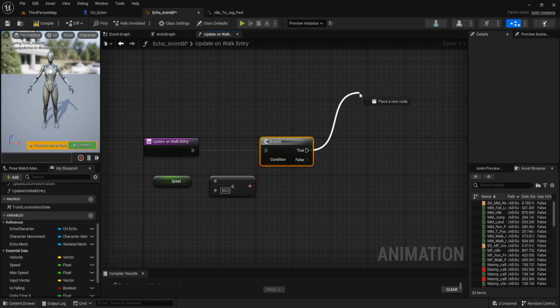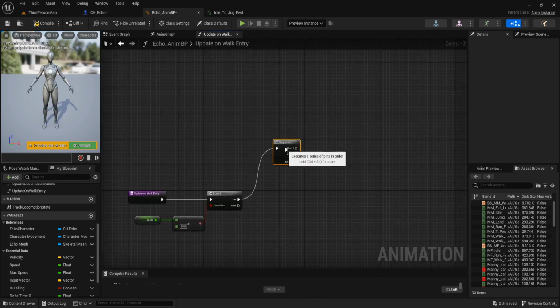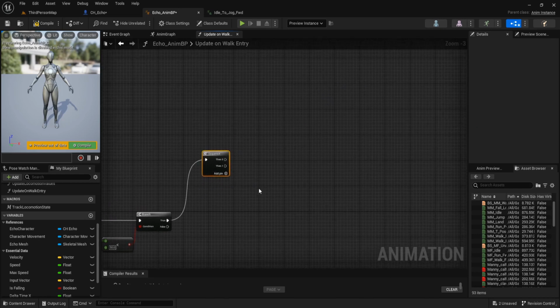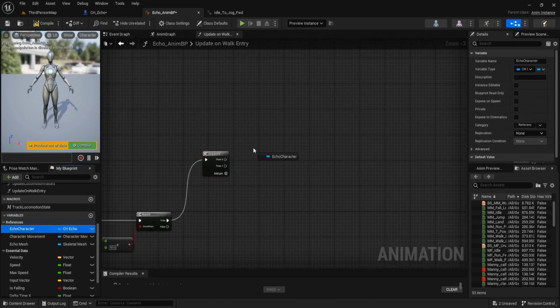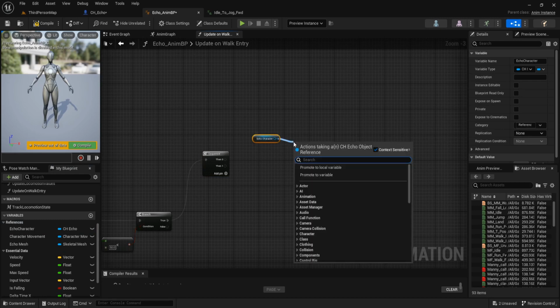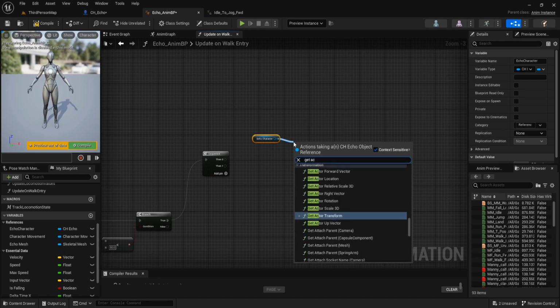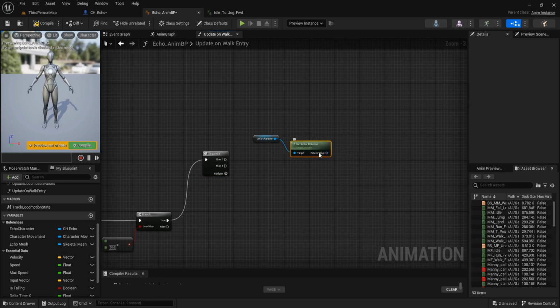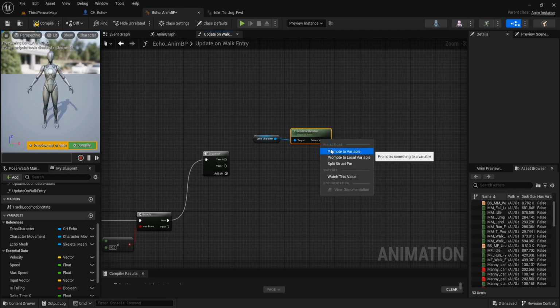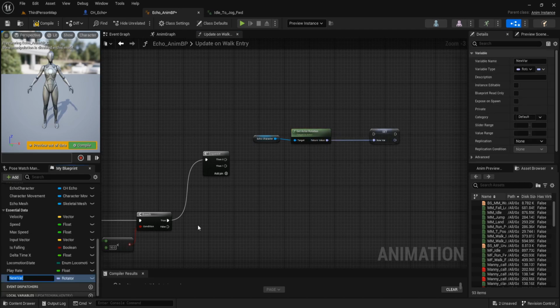If it's true, create a sequence. Get echo character, get actor rotation, and promote it to variable. Name it start rotation.